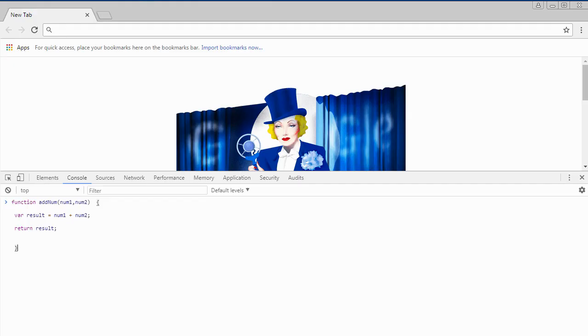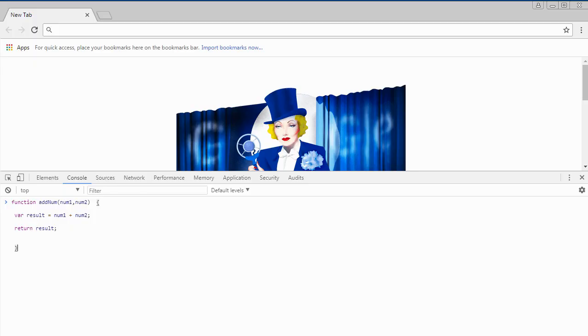So inside my console, I have created a function. And the way you create a function, you basically have to type in the keyword function followed by the name you want to call the function. When you're creating a function, it's very nice to name your functions as closely as possible to the task that the function is meant to perform. My function, I've called it addNum, which indicates that this function is going to be used to add